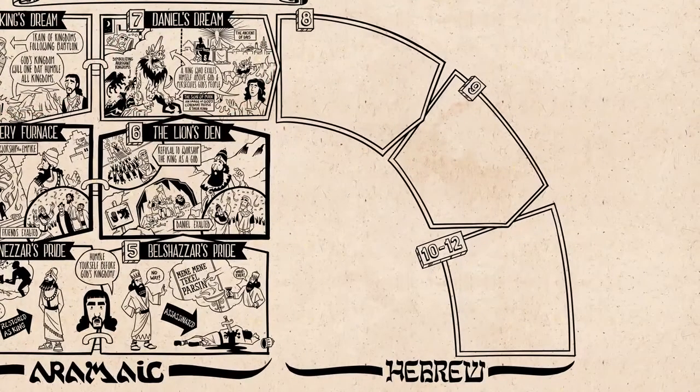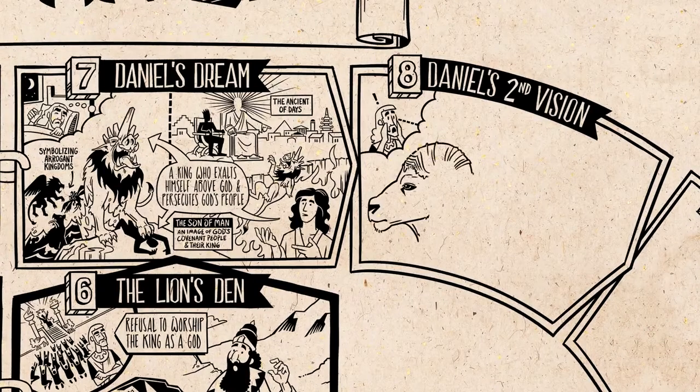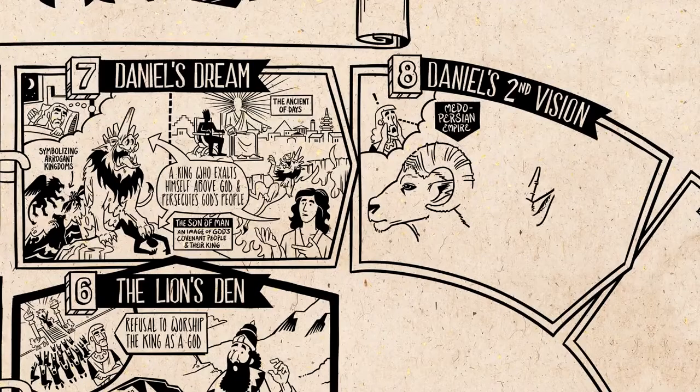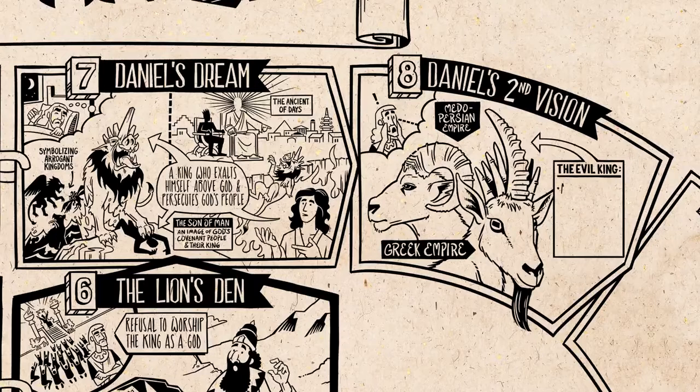set out to explore. In chapter 8, Daniel has another vision about the final two beasts of chapter 7, but this time they're symbolized by a ram, who we're told is an image of the empire of the Medes and Persians, and then by a goat, who's an image of ancient Greece. And out of the goat come a whole bunch of horns, one of which symbolizes the evil king from chapter 7. And we're told more about him, that he will attack Jerusalem and exalt himself above God and defile the temple with idols. However, in the end, he will be destroyed by God, who will exalt his people and his